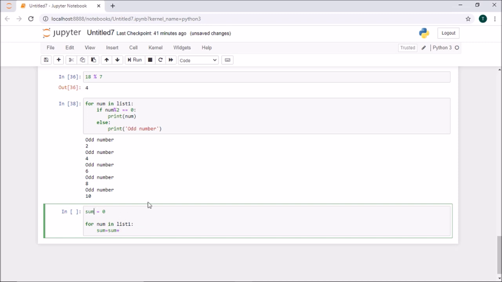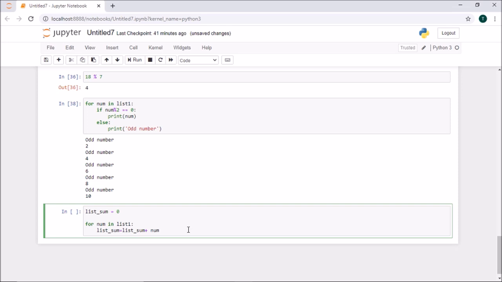Instead of sum, I can write another variable, list sum, because sum is predefined, so it's showing in green color, right? So let me write list underscore sum. List underscore sum is equal to list underscore sum plus num.